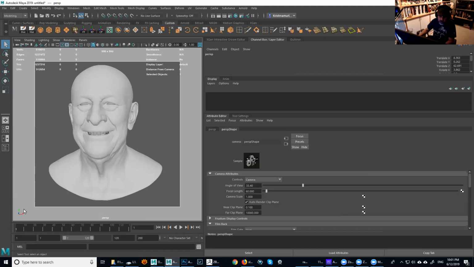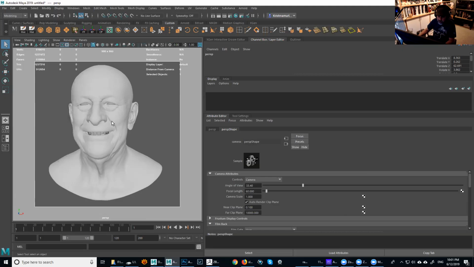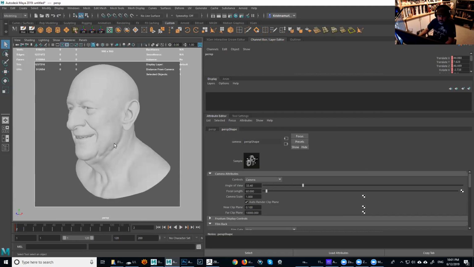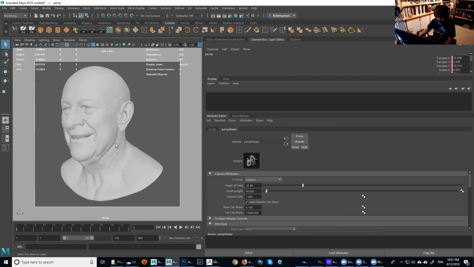So I'm gonna go to frame 1, and I click View, select camera. So I have the camera selected. And I'm gonna press S, like Sam. And now I have a keyframe. See that little red line in there? And then maybe I can go to frame 2, and then do a 3/4 like that. And then press S again, get another keyframe.